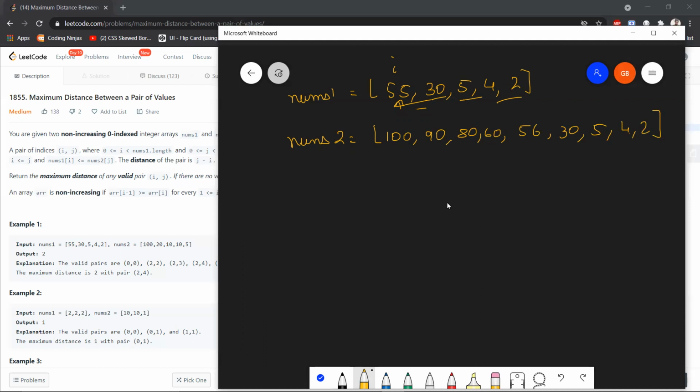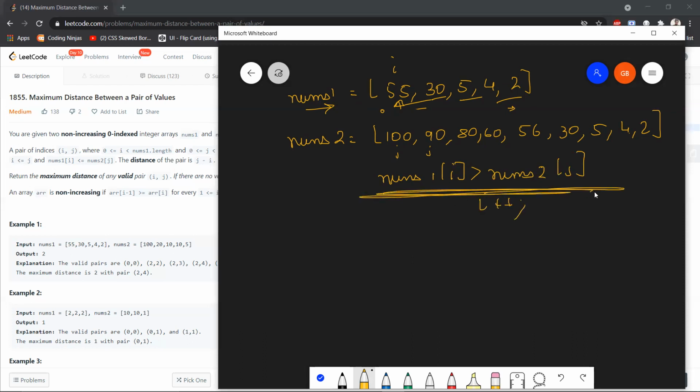I just need to use two separate pointers, and I'll use the pointers in a specific manner. Since our arrays are sorted, we can advance in nums1 from 0 till end, and we can check nums2's each j such that if nums1[i] is greater than nums2[j], simply do i plus plus, as this is not going to form a valid pair, right?